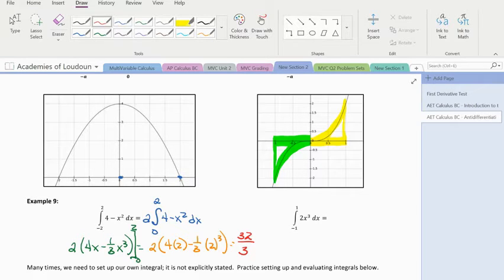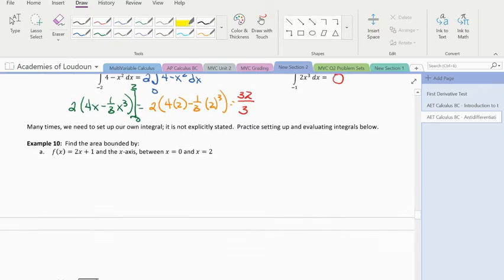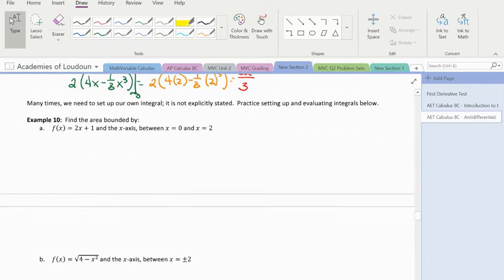The second one, because I recognize this as an odd function, is much easier. It's just 0. So many times we're going to need to set up our own integral, as it won't be explicitly stated. So as in example 10, if we're finding the area bounded by f of x is equal to 2x plus 1 and the x-axis between 0 and 2,